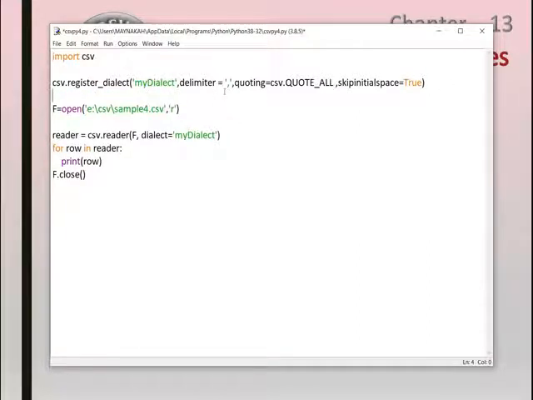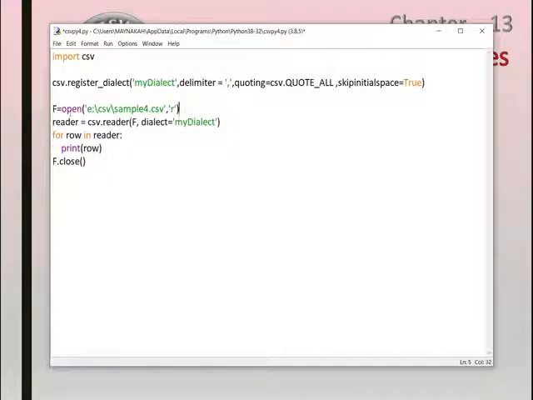So comma is treated as the delimiter, all the quotes are included, and if there is any space in front it is ignored.